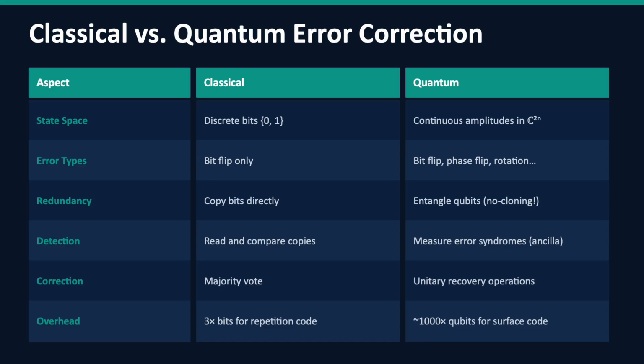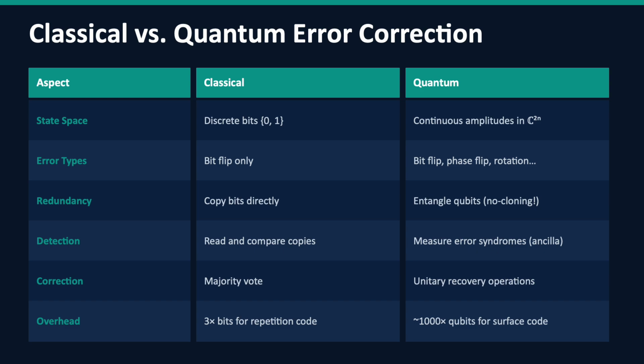Quantum error correction faces a completely different landscape. First, the errors themselves are far more varied. Instead of just bit flips, quantum errors can be arbitrary rotations of a quantum state in a continuous space of possibilities. Second, you cannot simply make copies of the quantum state to compare against each other, as we just discussed. Third, and perhaps most subtly, the very act of measuring a qubit to check whether it has an error destroys the quantum information you are trying to protect. In classical computing, reading data does not change it. In quantum computing, measuring data collapses it.